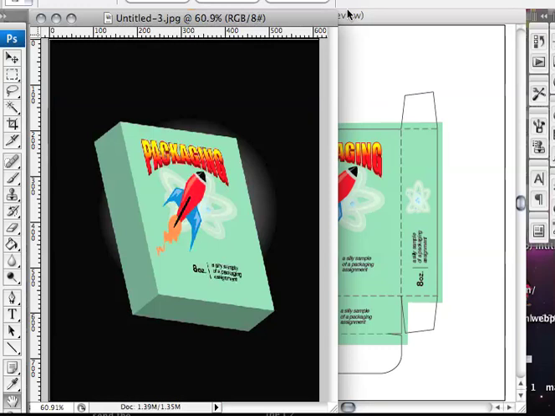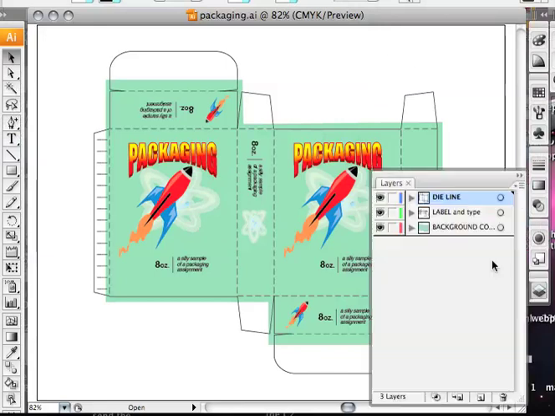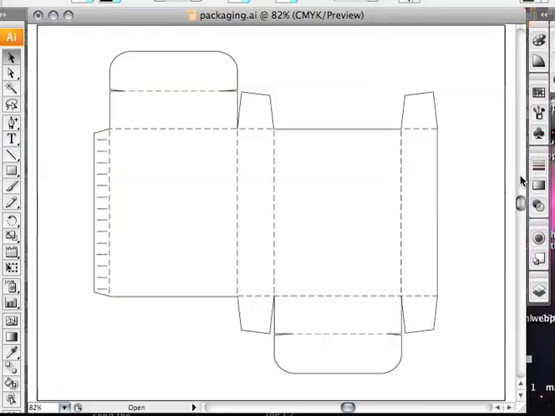What you'd actually work from probably is a prototype or an actual package that you could disassemble and or measure to get some measurements for a die line overlay. I'm going to switch over to Illustrator to show you the same product in a fictitious package. Now, a lot of times you'll be given the die line overlay, and I'm going to switch to show you that die line overlay by making the other layers invisible, by a paper engineer, somebody who creates this entirely in